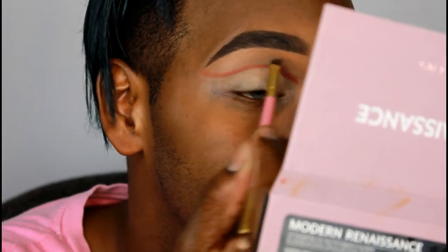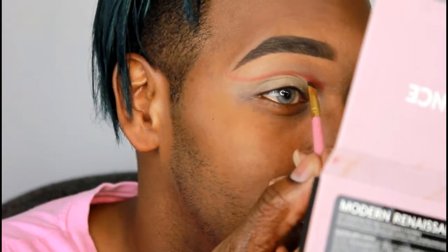Now I'm going to go into the color called Love Letter, which is, where am I? Right here? And I'm just going to go right over that. But as I'm going right over, I'm softly flicking up. I'm trying to add definition and blending at the same time, because I feel like when you do any kind of cut crease,